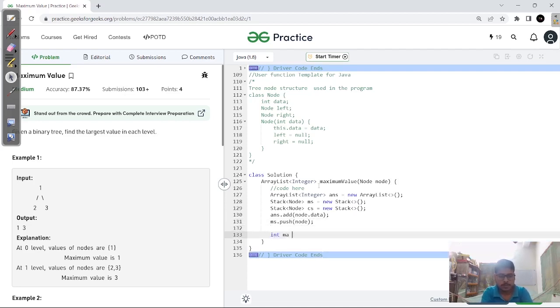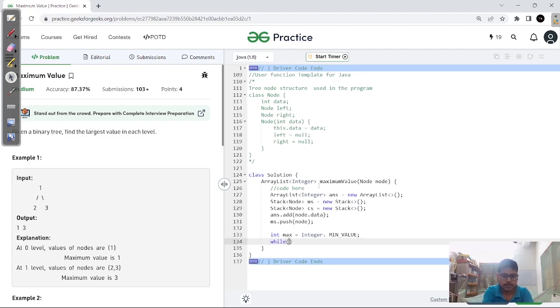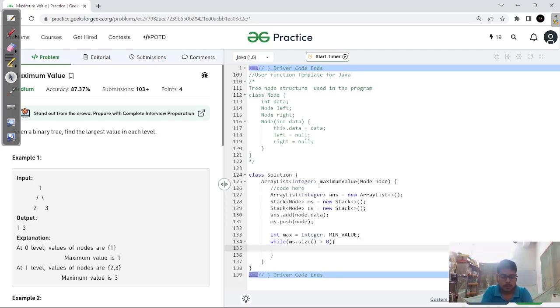Then we'll create a max, and create this loop until our main stack size becomes 0. And here we will first pop the main stack's node. So from main stack we pop,